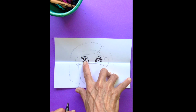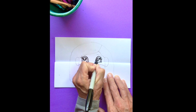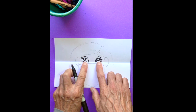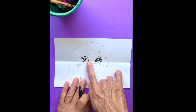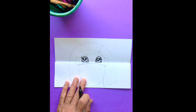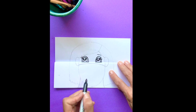See how I'm making my pupil a little darker? So I'm just making it a little darker here. I'm still saving some space at the bottom. That way I can color the colored part of my eye, that's your iris, later. So if you have blue eyes or brown eyes or green eyes, that's the space that we'll color later with our crayons or colored pencils. I'm going to very lightly go over the eyebrow,